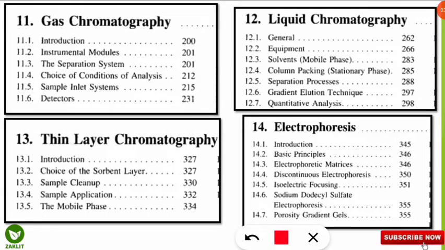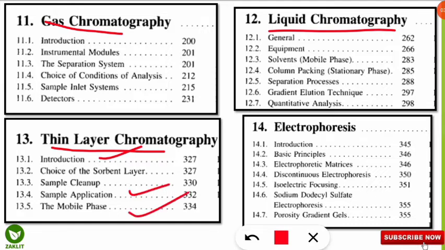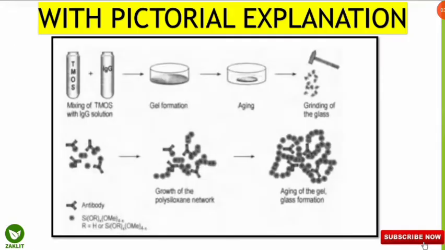Yes, the next example is about gas chromatography. You can know about that, liquid chromatography, thin layer chromatography. Similarly, an introduction has been given. What are the components of that? What is the application of sample, mobile phase, stationary phase? Similarly, for electrophoresis, everything from basic principle to its uses and all the parts is explained in a very easy and simple way. You can know from there. And the best thing is the pictorial explanation. Yes, with the help of pictures in this PDF you will get to know how the sample is prepared and what procedures are used in the analytical techniques. So overall this is the best thing, a golden opportunity to get all these things in a free PDF.